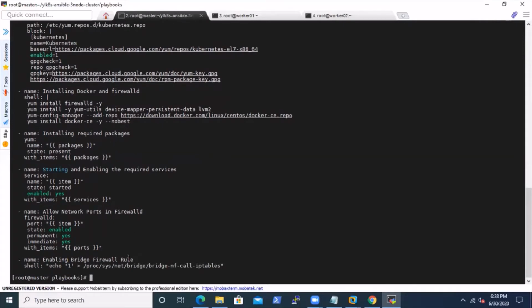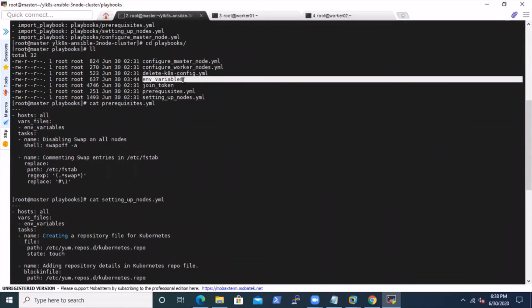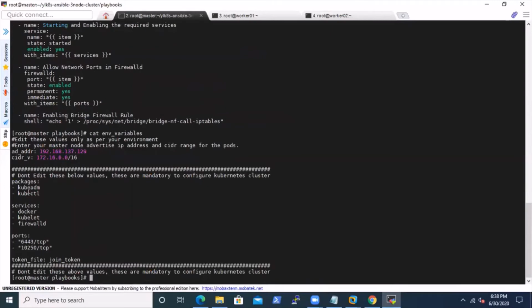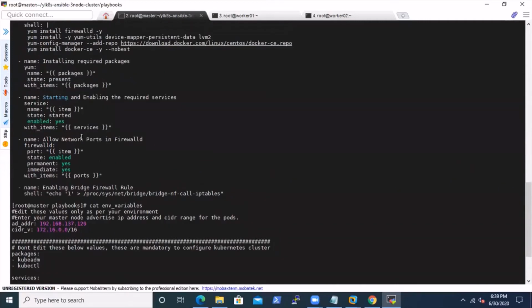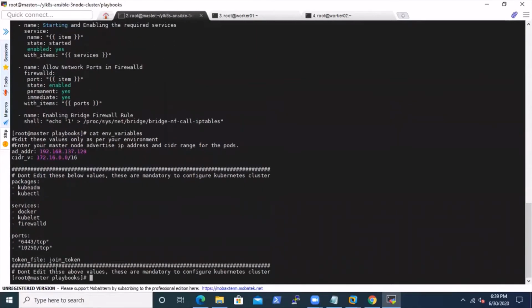Go to the env variables file, where it is mentioned. See here under packages, kubeadm and kubectl are there. Those will be downloaded and installed. Next, the services: Docker, kubelet and firewalld. Those services will start, and then the ports will be enabled. The third section covers that.